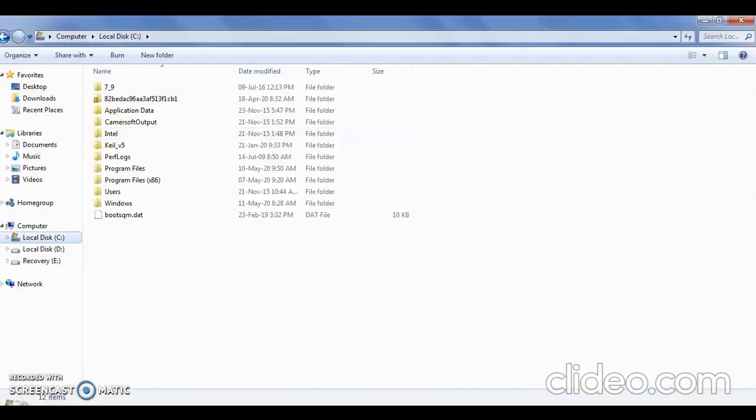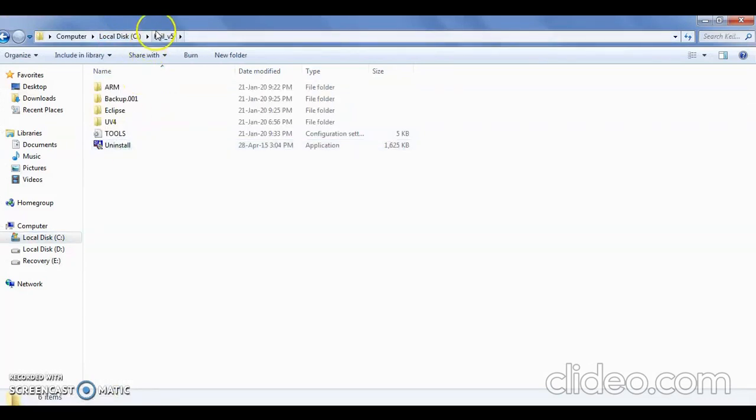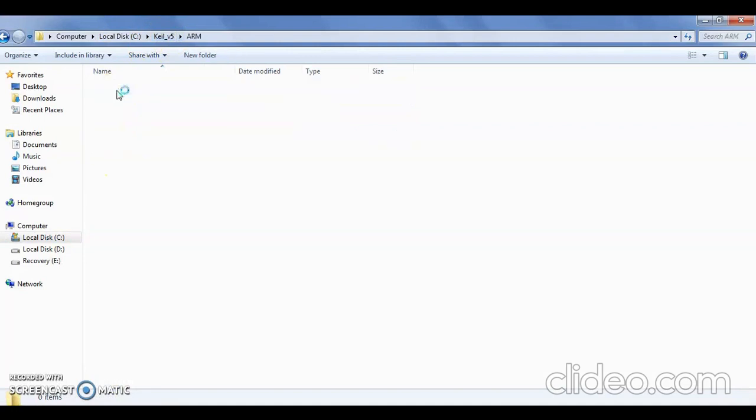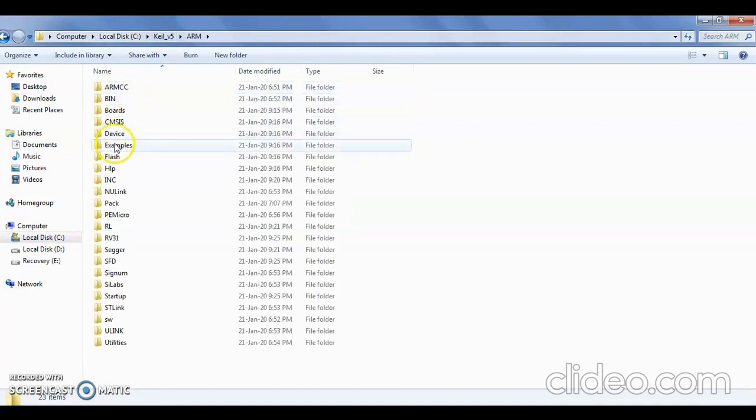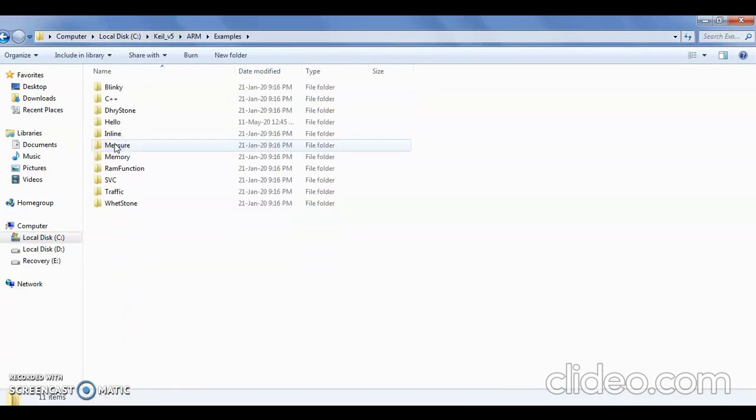I can see here, under the Keil 5 version, go to ARM. In that I will be taking my examples, which contain all the different supportive files, inbuilt projects and simulators.